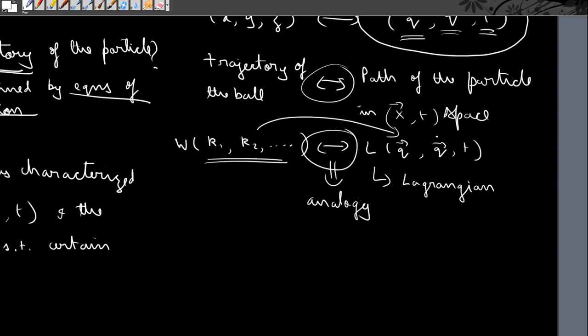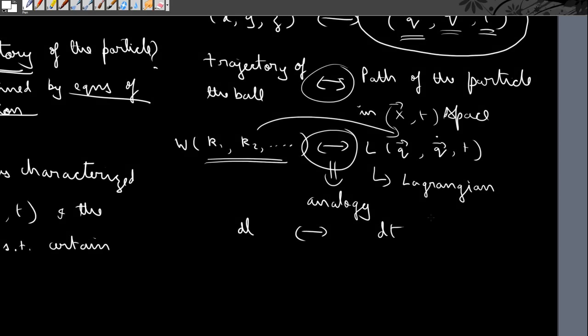Okay, and our dl, that is our traversal, was basically defined by an infinitesimal length element. In our case, when it comes to the principle of least action, this becomes dt, that is an infinitesimal change in the time instance. Okay,